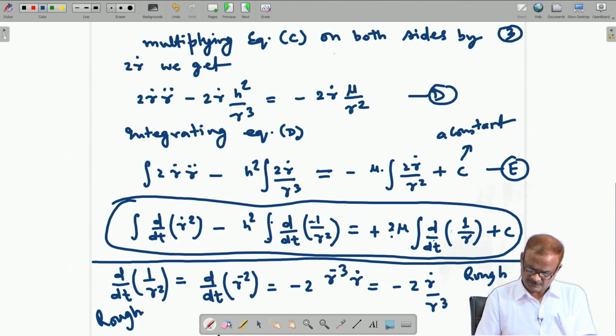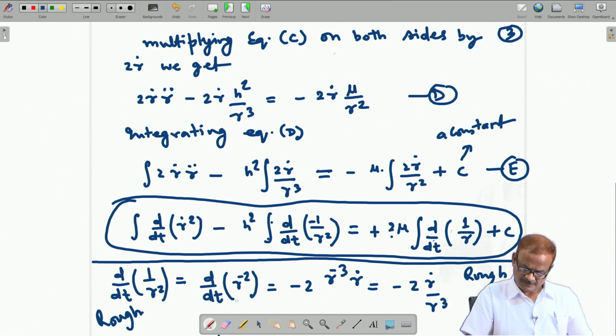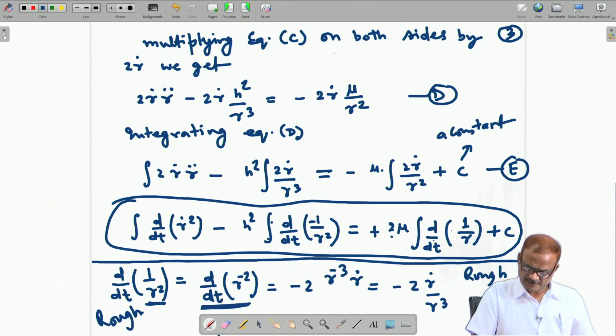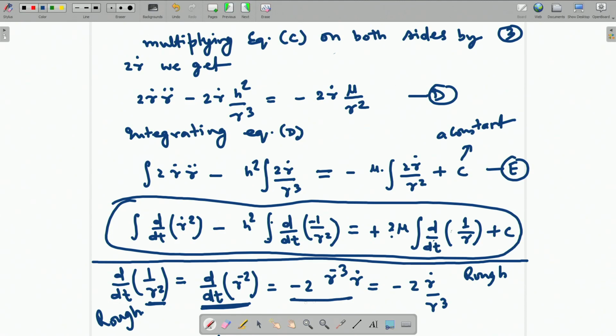So, in this place, if we differentiate it, we can see that this will be minus 1 by r cube. We have done this work here somewhere. This is in this place. So, once dy dt 1 by r square we are doing, so dy dt r to the power minus 2. So, this is coming in this way. Okay. This is minus 2 r cube divided by times r dot. So, finally, we are getting this expression.